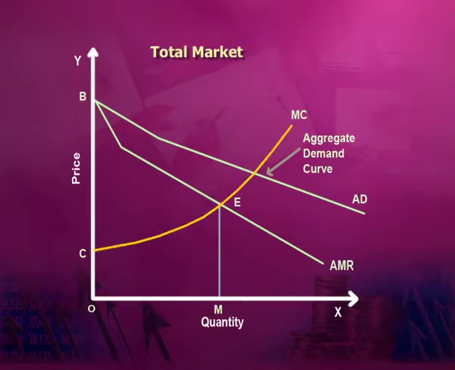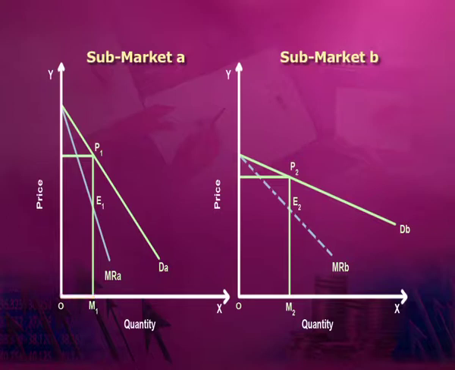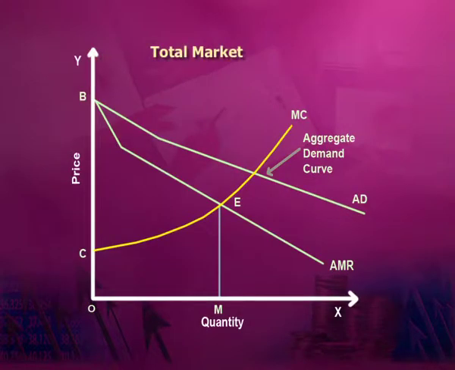In this figure, we can see that MC and AMR intersect at point E and OM is therefore the total output of the monopolist. The line EM is the line of equal marginal revenue. It indicates that OM1 will be sold in market A at price P1M1 and OM2 is sold in market B at price P2M2. Under this arrangement, the marginal cost of the total output is equal to the marginal revenue in